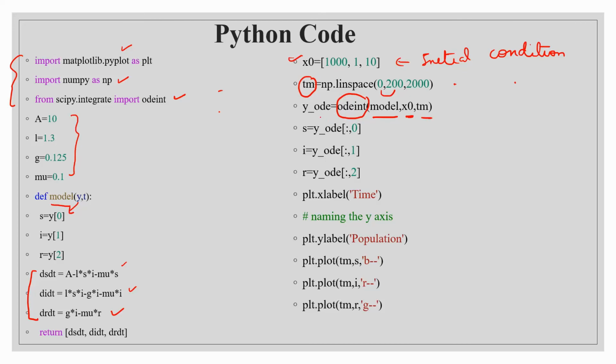So what we need to do, we need to now separate each of the components. So S is taking what? It is taking the first component that is given by 0. This is showing you to take all the rows, colon means all the rows, and the 0 column. So it will give it to the S variable, and then for infection, all the values stored in the second column will be stored in the I variable, and all the values that are in the third column will be stored in the R variable.